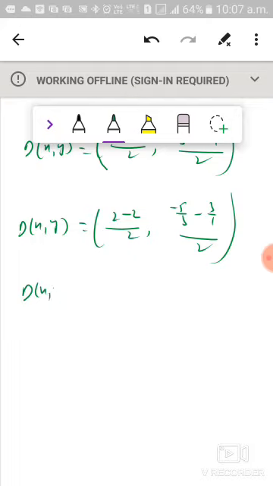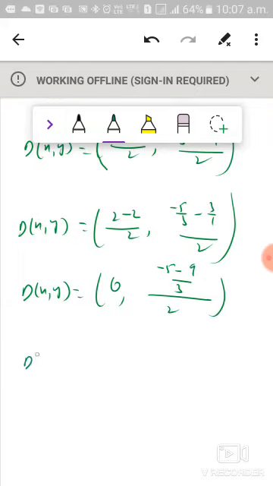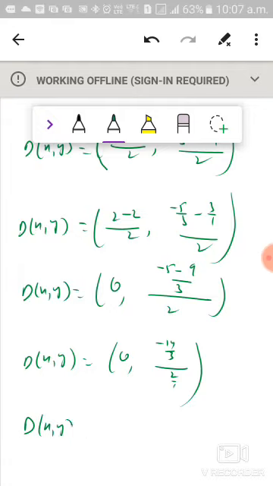So D(x, y) equals 0, and when you take the LCM, minus 5 minus 9 is minus 14. So D(x, y) equals 0 comma minus 14 by 3 divided by 2, or you can take 2 by 1, and further you can write it as